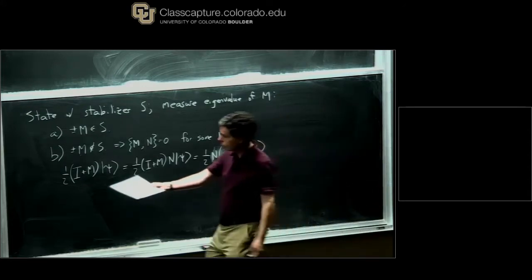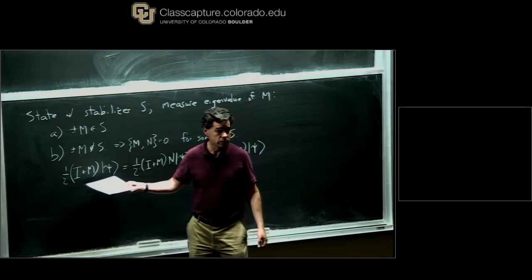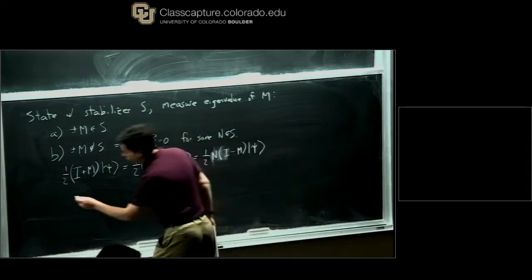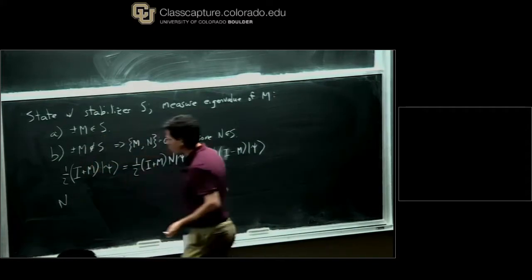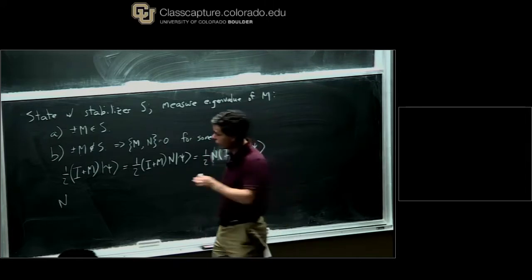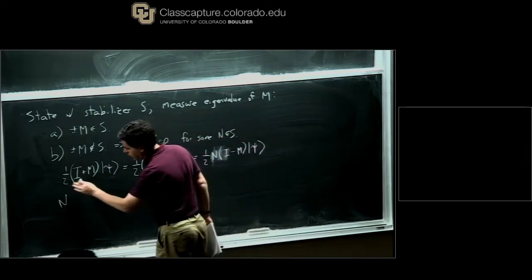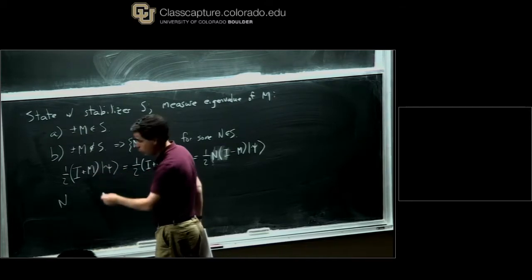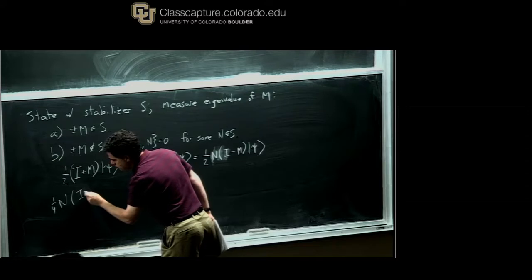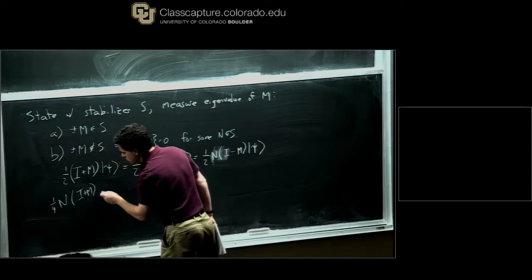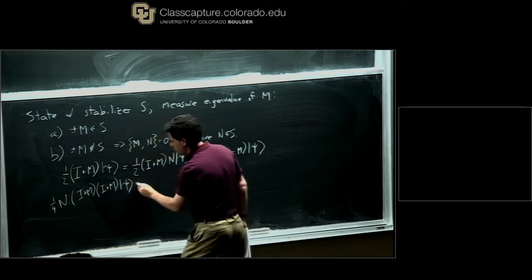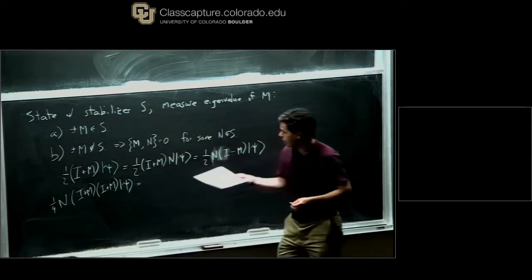So if you look at this state here, let me do the whole argument. So suppose you want to see if this state is an eigenstate of N. My claim is that it's not. So how do I know that? Well, I can put an N in front of this, and this is a projector, so I can do it twice, right? So I'll get